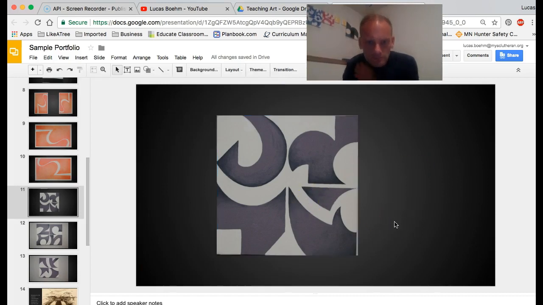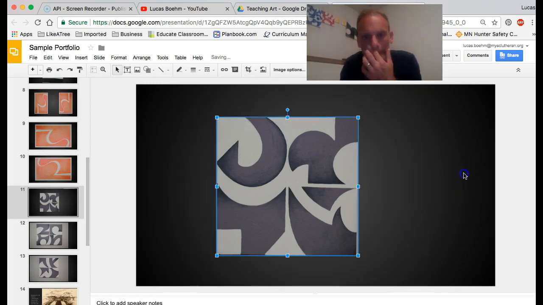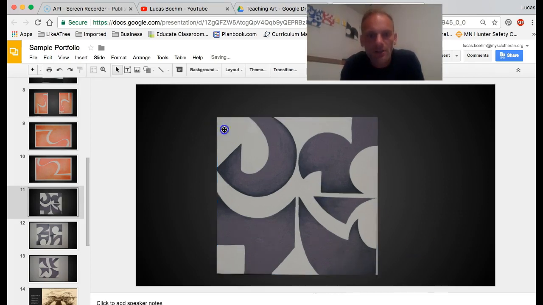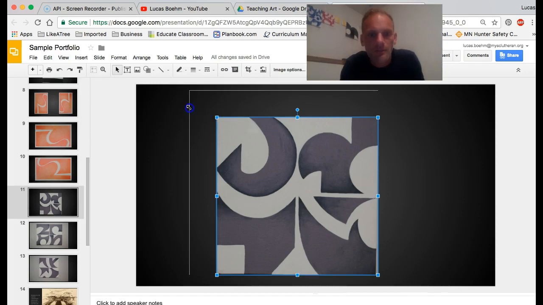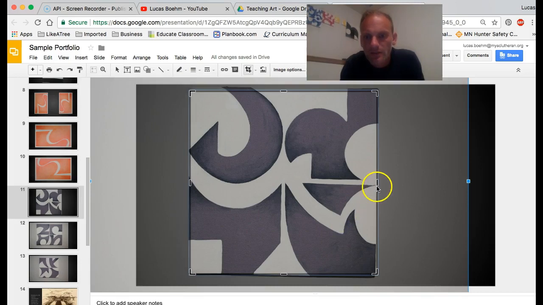How does that look? Pretty good. Pull that in just a bit. Okay, so it's meant to be a square format. Now, since I've cropped out space I don't need, I'm going to enlarge it